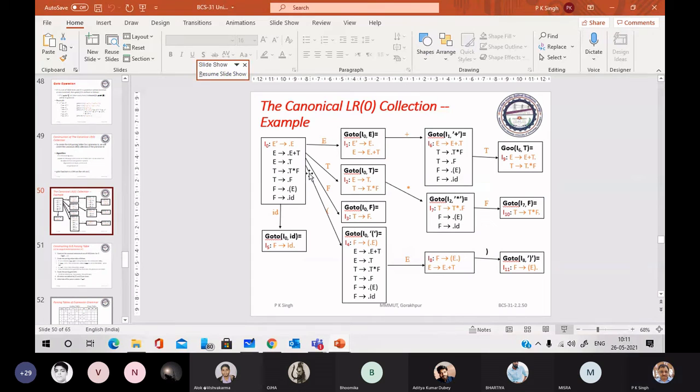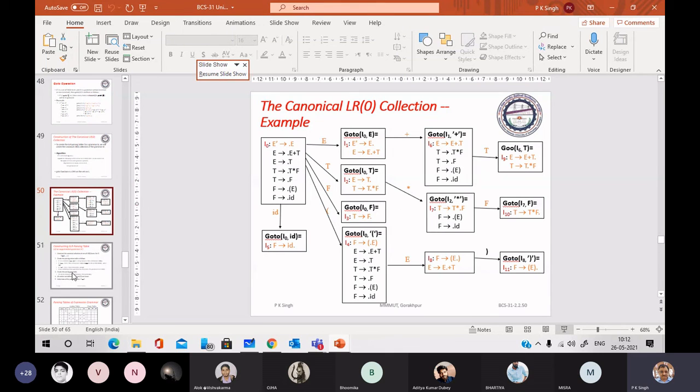This is I2: E to T dot. Now you have to look at follow, for the reduce action.